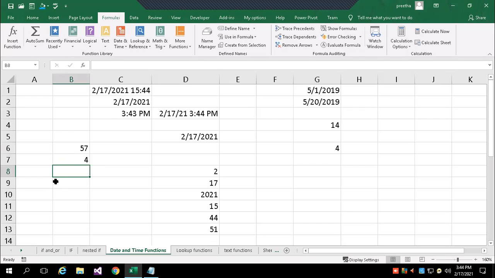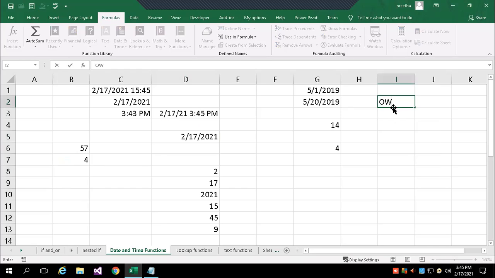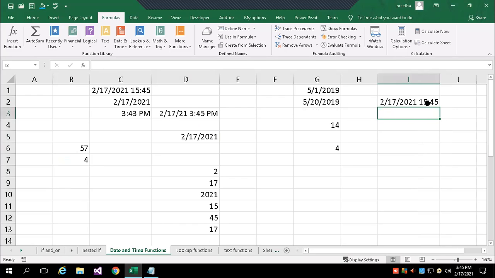It could be a cell address, another formula, or a direct constant. But for these functions, NOW and TODAY, there is no argument. Start any formula or function with the equal symbol: equals NOW, open parenthesis, close parenthesis, and you will get the system date and time.